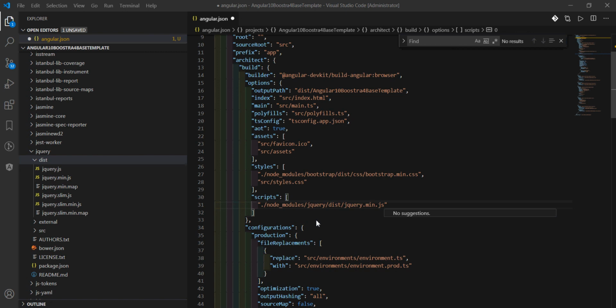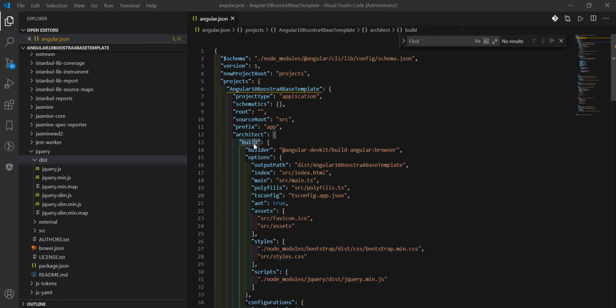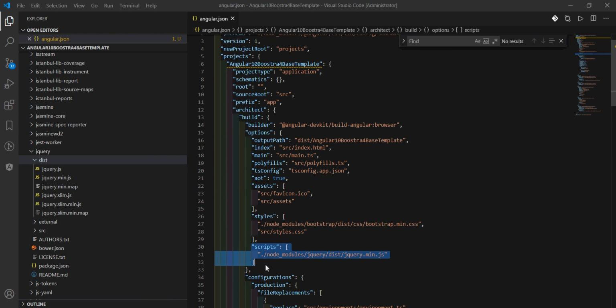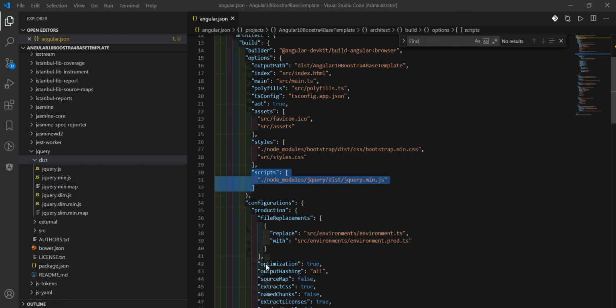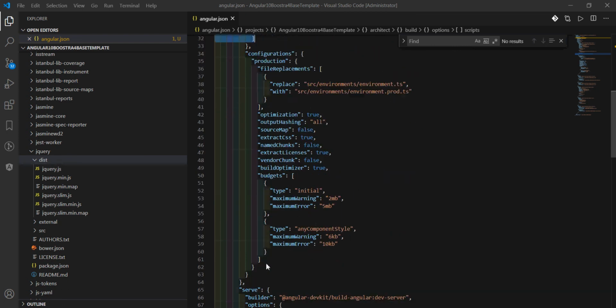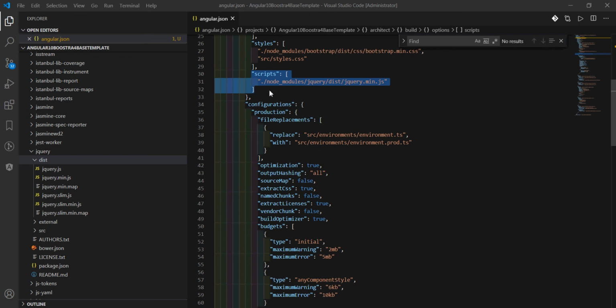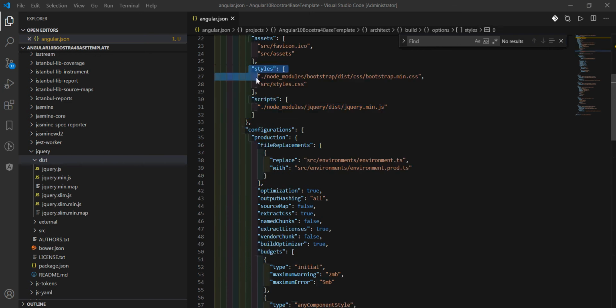Yes. So with this step I believe we are done with the configuration. You can see that if we build the project, it will take the assets from here, the styles which we have defined here, and the scripts will be defined from here. But if you are going to create a production build, you have to include that in the command below as well. Suppose you are going to use just the serve command, that needs to include this file as well. So I'm just going to copy these two tags.